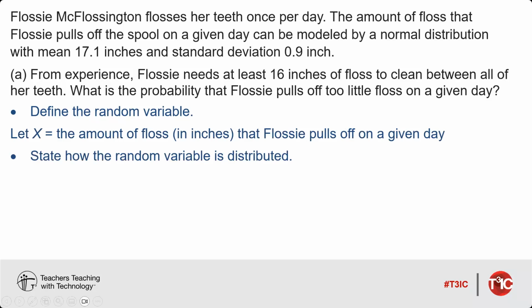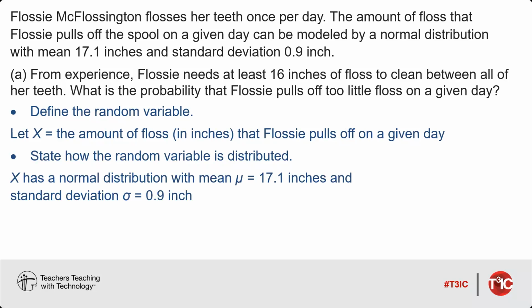The next skill that they want to have is the ability to talk about how a particular random variable is distributed. What is its probability distribution? So in this case, we want to think about the stem of the problem. We're told that the amount of floss Flossie pulls off can be modeled by a normal distribution. So this random variable is normally distributed with a mean of 17.1 inches and a standard deviation of 0.9